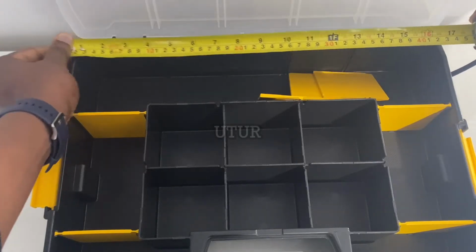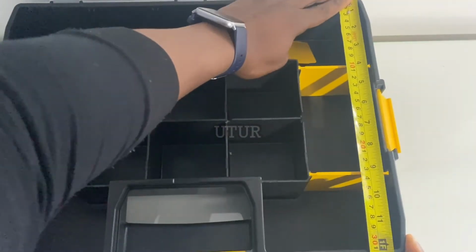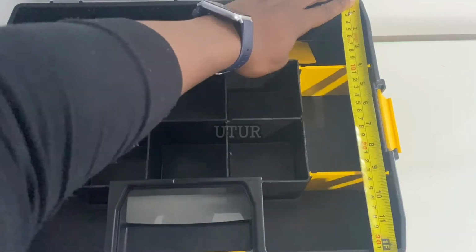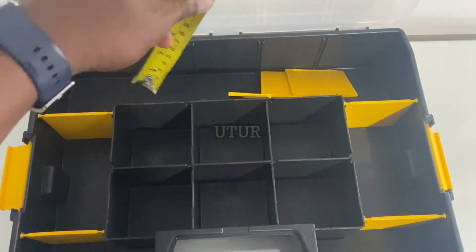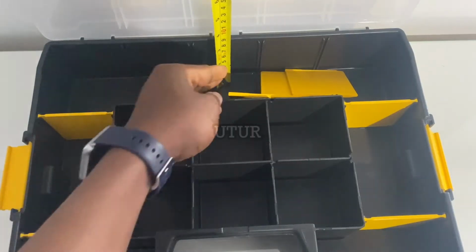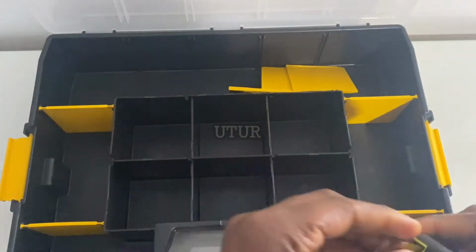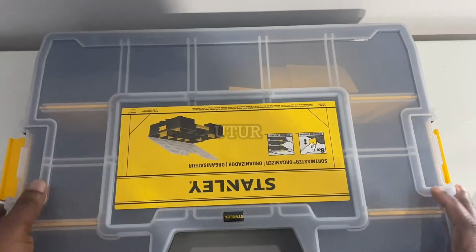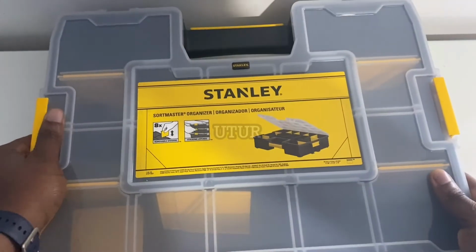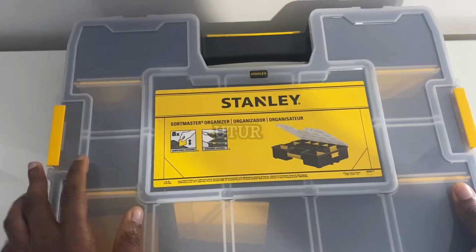And so the length of the storage box is 17 inches, and when we stand the case, the height would be about 12 inches. And the depth about 3.6 inches or 92 mil. So by all means, tailor it bespoke to your requirements. And so we have got about 8 yellow removable dividers on the inside. So once we've sorted or worked out the configuration that we want, the litmus test would be to flip the storage box upside down to see if